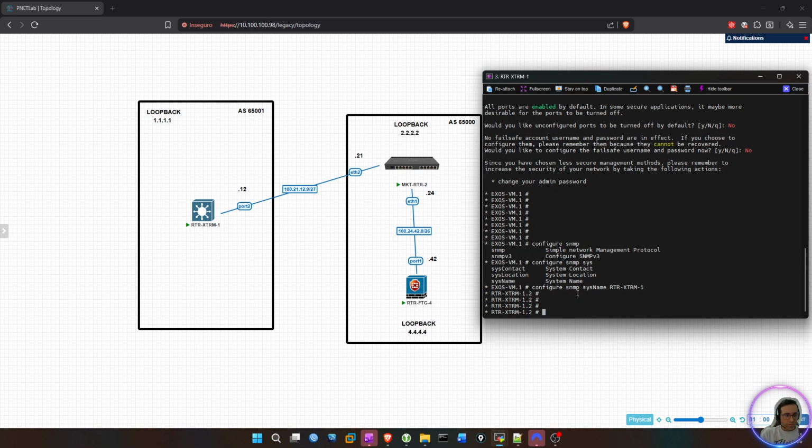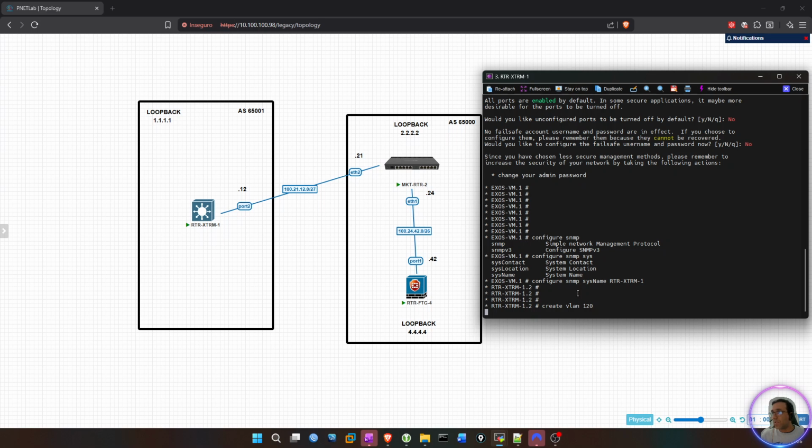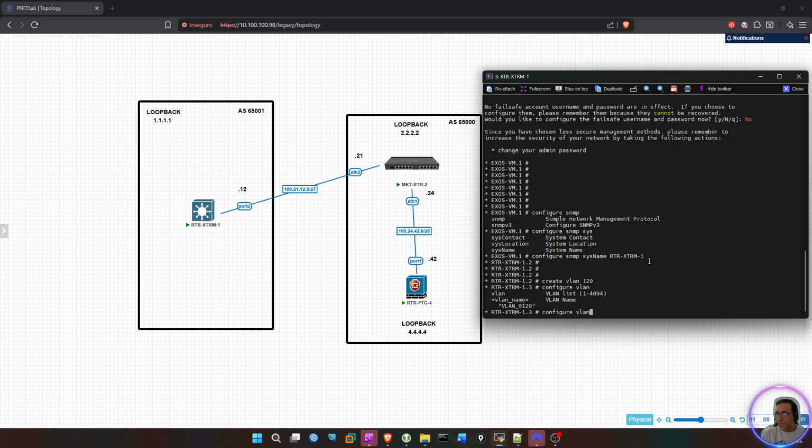Now we are going to create a VLAN. Create VLAN, let's say 120, and we are going to give it a name. Configure VLAN 120 name, and what name should we give it? I'm sorry. So for the name we are going to say that is